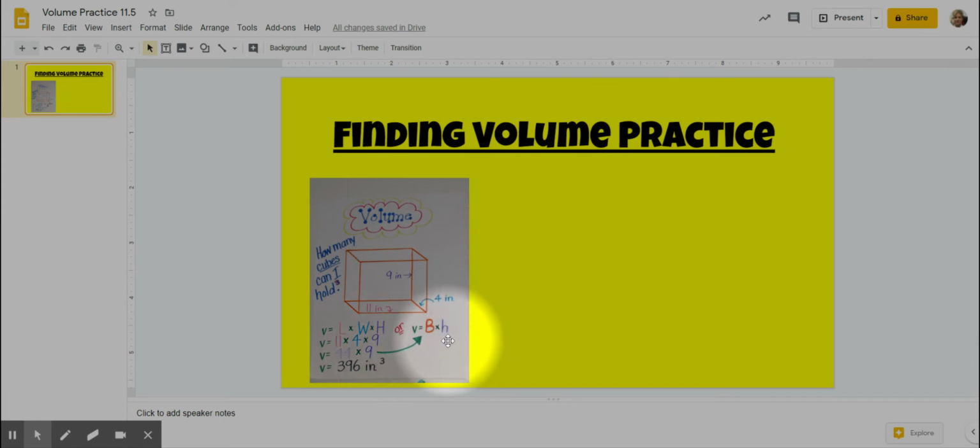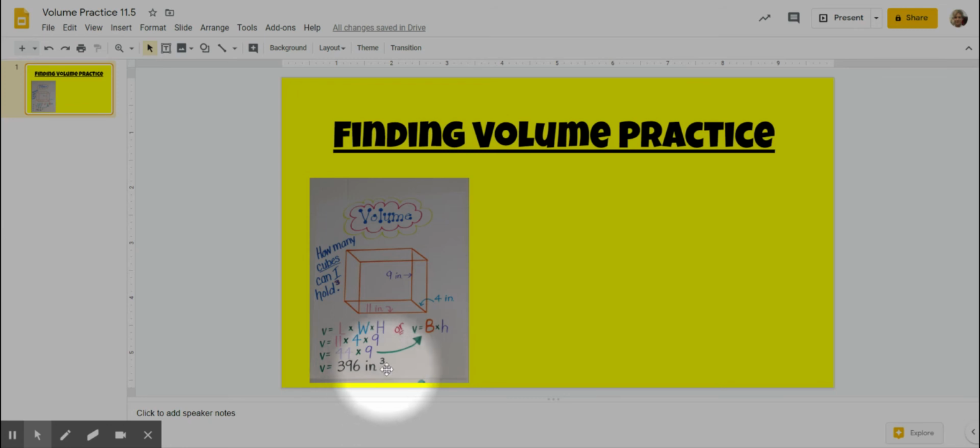So when you calculate that, you've got to go back and use your math multiplication facts to figure out those. Or maybe as the numbers get bigger, you might have to go into a think zone and do some more difficult multiplication. But it's always length times width times height, or base times height. So you just plug in those numbers. See, the length was 11, the width was 4, and the height was 9. So they did 11 times 4 and got 44. Then they took 44 and multiplied it by 9 and get